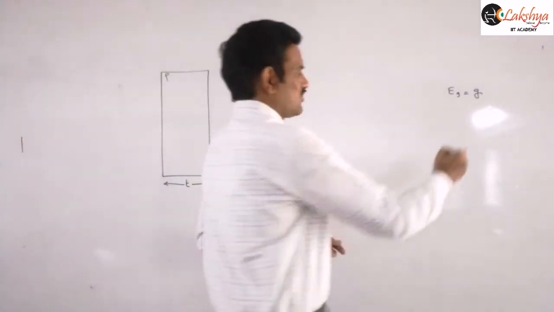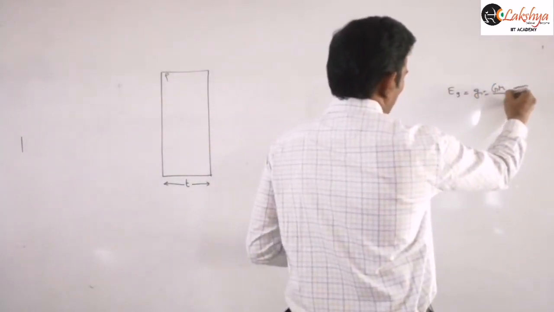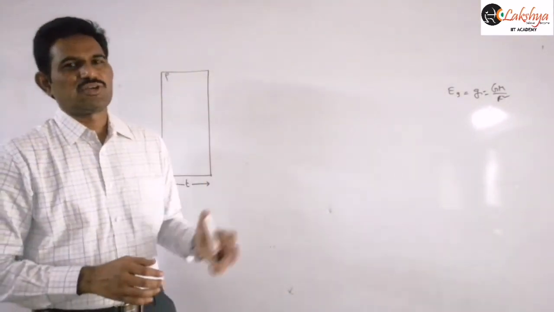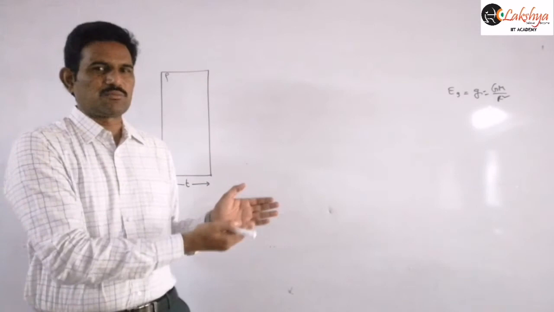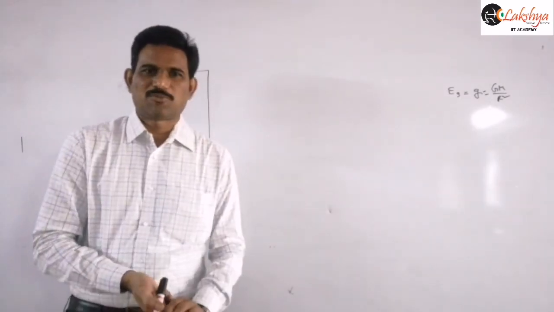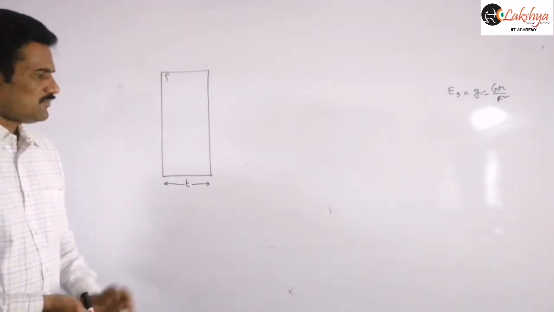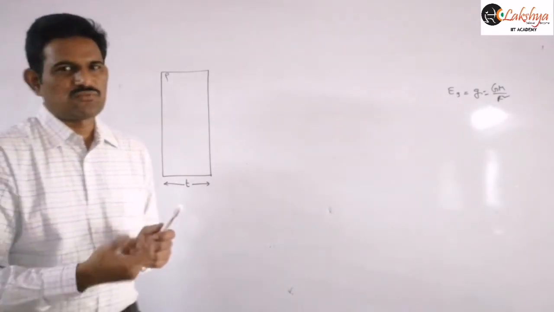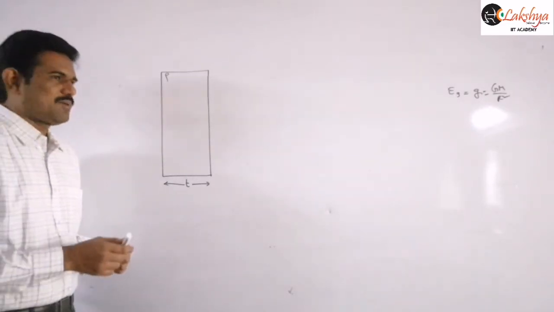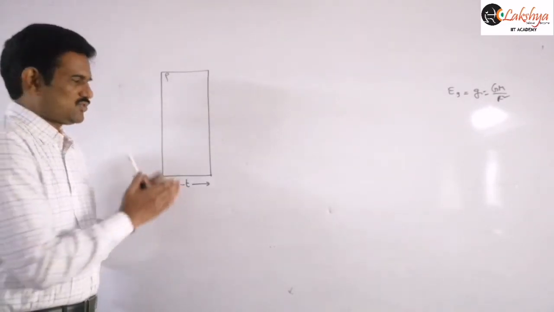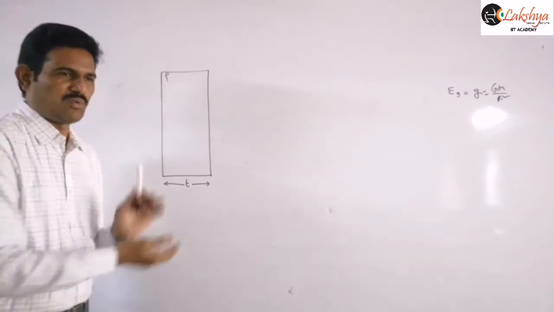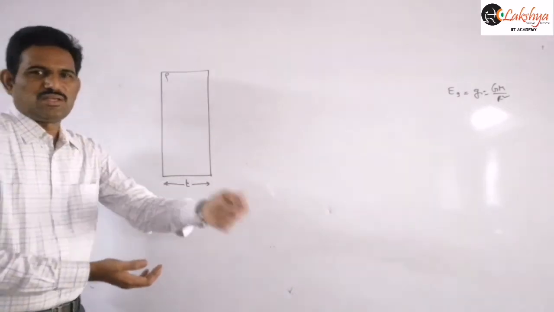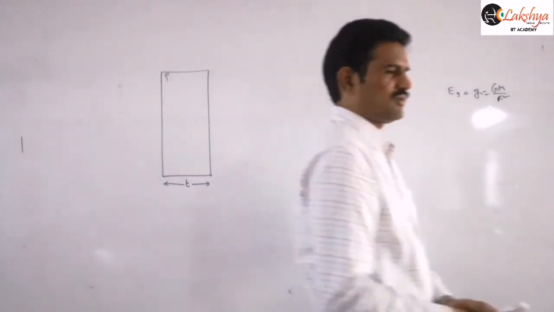Because on the surface of the earth, GM by R square is our formula for g, for the gravitational field. So that gravitational field is nothing but the acceleration due to gravity at that point, and it will be the same as that on the surface of the earth. We need to find the thickness of this plane so that it produces the same gravitational field as the present earth. So write that problem.